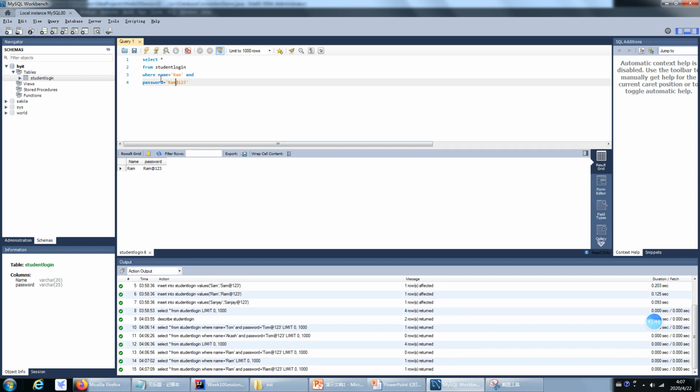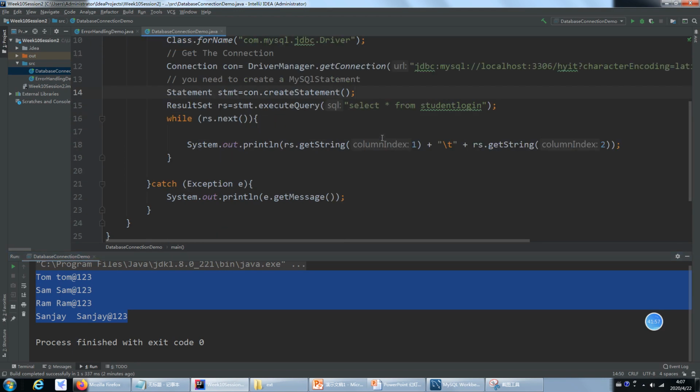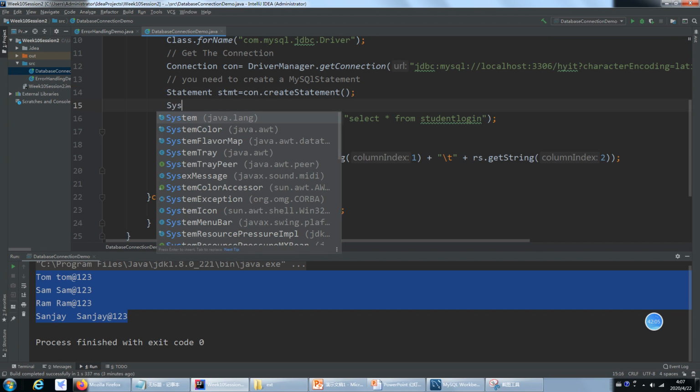So we need to do this in our Java code. How to do this? Can you tell me? Please help me. You can stop my program and do this by yourself. But I'm going to tell you something here. We can just use